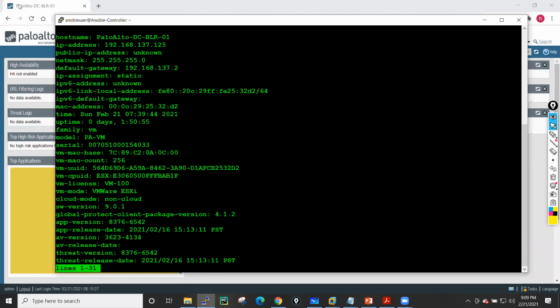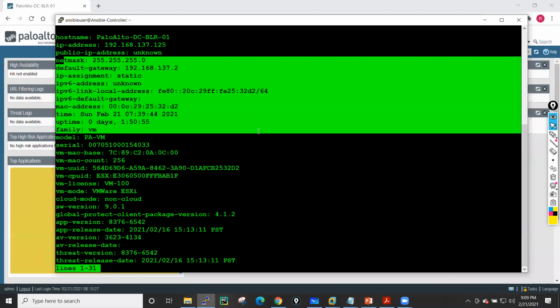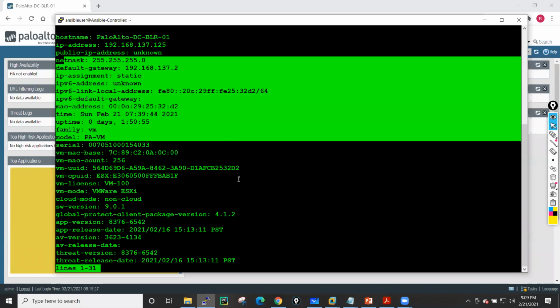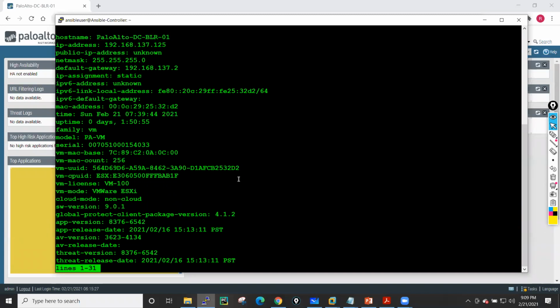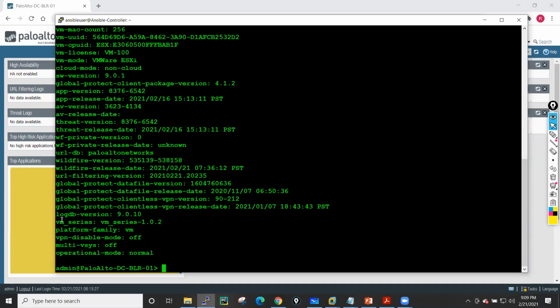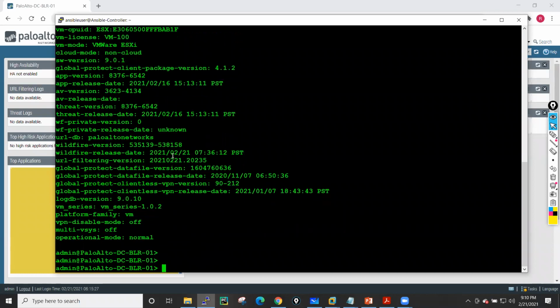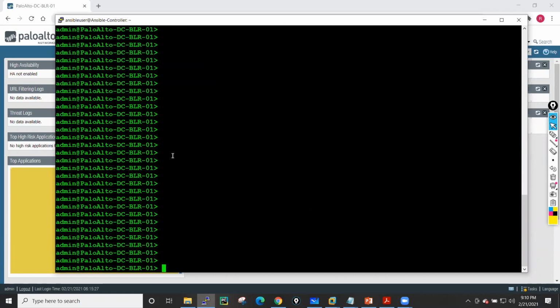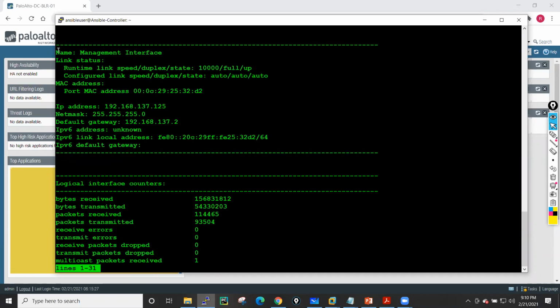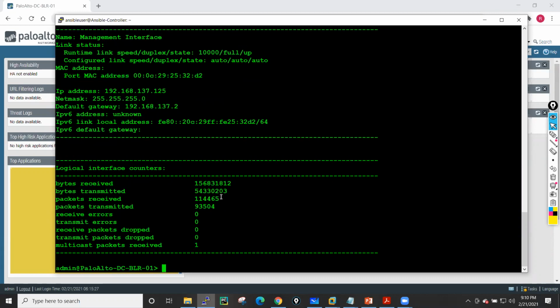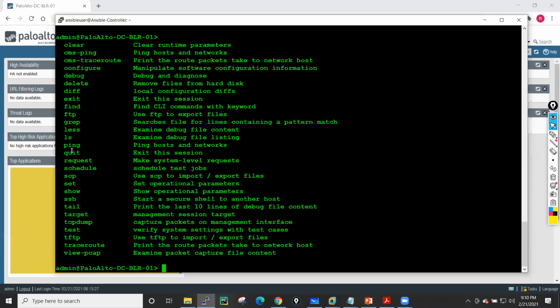When you run this command, it will give you the host name of your device, IP address of your device, netmask, default gateway, all these details you will see in this particular place by running this command. What operating system you are running, all these details you will see by running this command, show system info. If you want to see the management IP address, you can run this command, show interface management. It will give you the management configuration of your interfaces. So in this particular place, in most cases you can only run show commands.